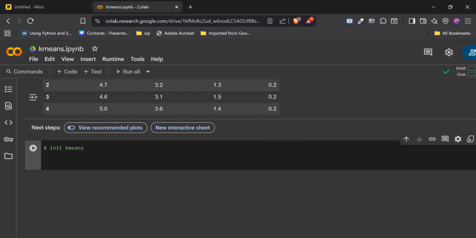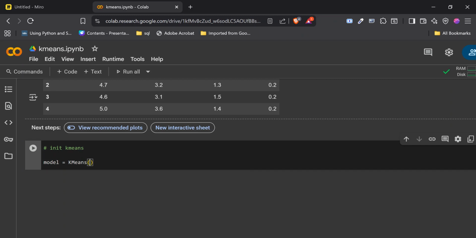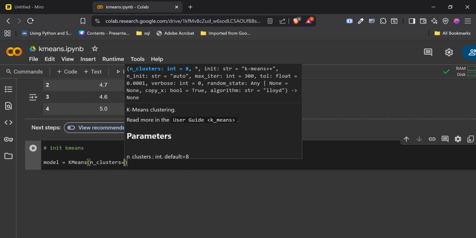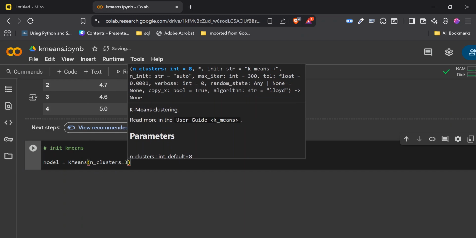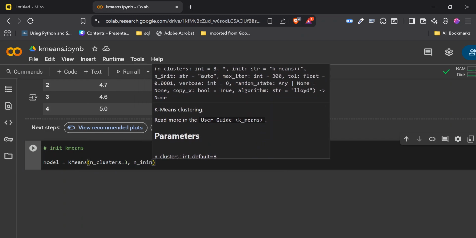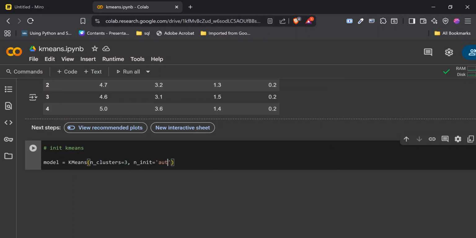So we are going to call it model. So we can say model equals KMeans, and like I mentioned earlier, the first thing is the number of clusters. Let's choose 3 for now. Then we are going to choose this n_init, and we're going to say it is auto, because